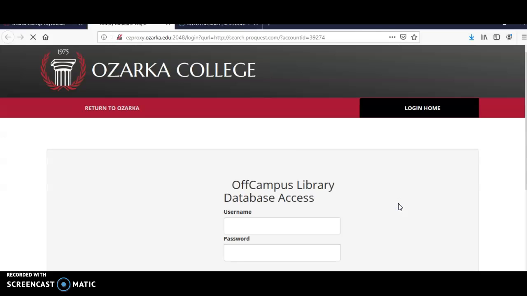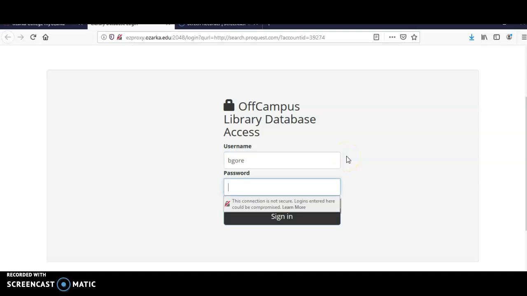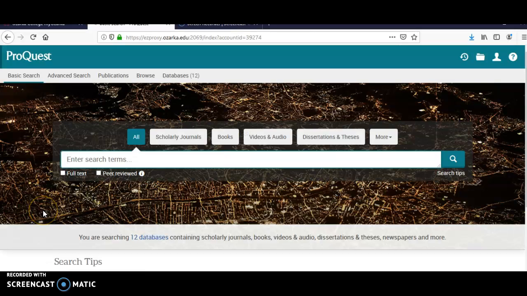So click ProQuest, and then it's going to ask you for your Ozarka credentials. Okay. And then it says it's not secure. I don't know what that's about, but go ahead and sign in. Okay, and so then you're going to get this page that will come up, and I recommend going ahead